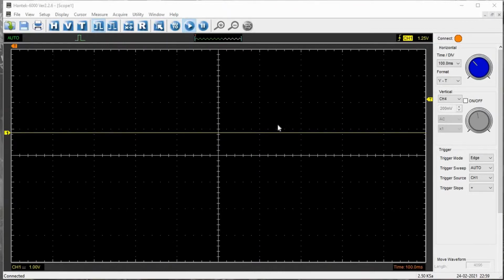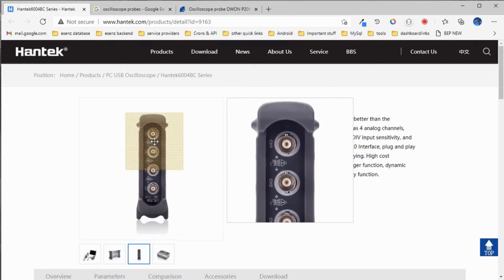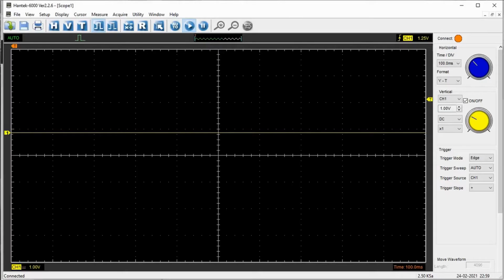The first thing that you have to do here is select the correct channel where you have connected the probe. For example, in my case, I have connected the probe to channel 1. I have to always make sure that in the oscilloscope I am using channel 1. If you have connected it to channel 2 and try to see it in channel 1, it won't come. So the first thing you have to make sure is that you are measuring the channel to which you have connected the probe. If either one of them is wrong, you will not get any waveform.